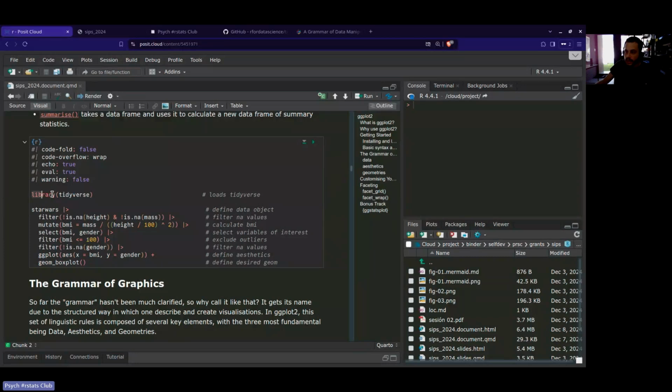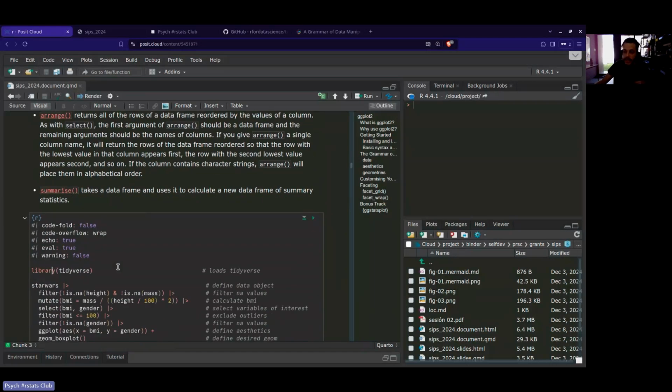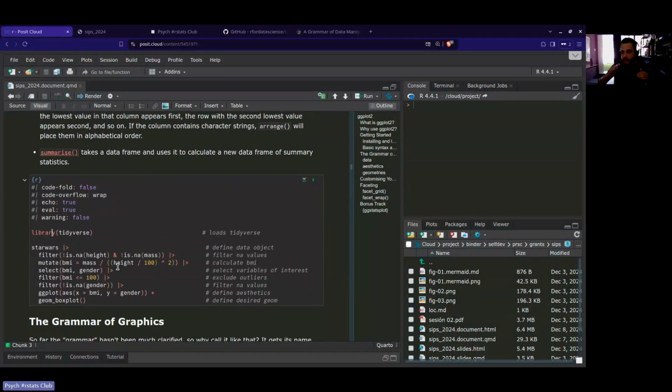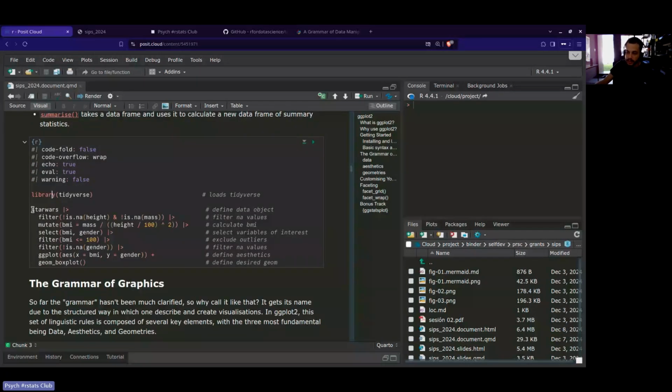So here we are calling our tidyverse, like it will always be calling from the tidyverse. And what I like to do, which is not what I presented here, is first taking my data set and then piping it through all the needed arguments or verbs or functions for me to reach this point, the graph or the visualization. So here I take my Star Wars data set, which comes with the tidyverse pre-installed, and then I'm going to